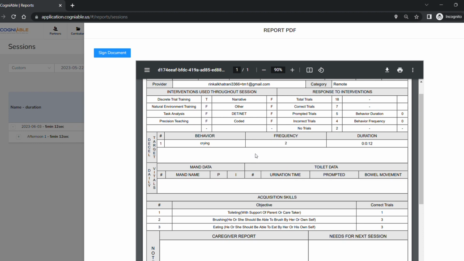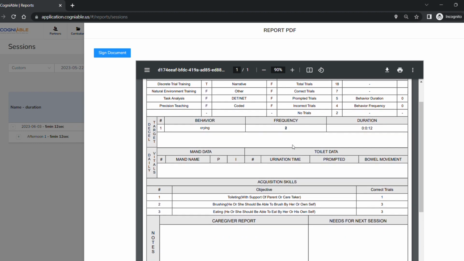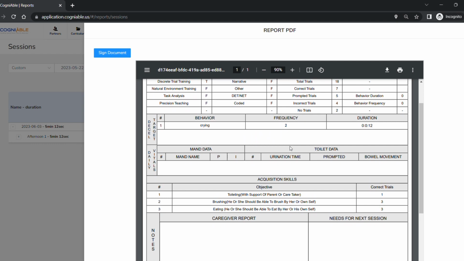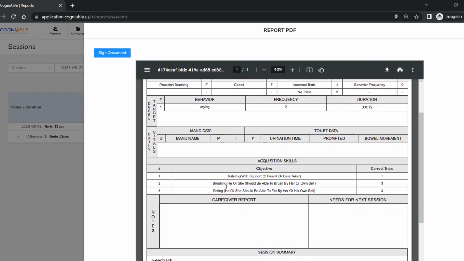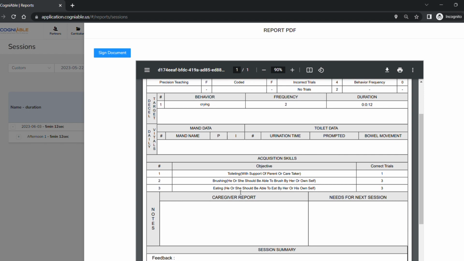behavior crying, and it happened twice for 12 seconds, and also man count. As you can see, we took one man, which was prompted on independent on the basis of that. Also toilet training data, if it has been recorded during the session, that will also be visible, along with, if you scroll down, we